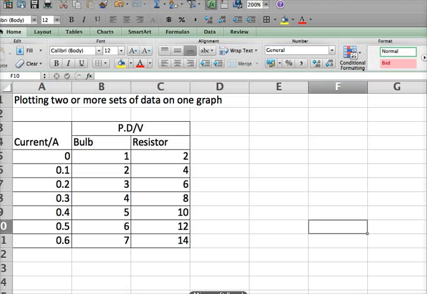So as promised, a refresher on how to plot two or more sets of data on one graph. So here's some data. It's mythical data. It's not experimental. I just made it up, basically. So I have the independent variable, current, and I've got two sets of dependent variables. I've got the potential difference across the bulb, and I've got the potential difference across the resistor. So I want to plot both sets of data on one set of axes so that I can compare the